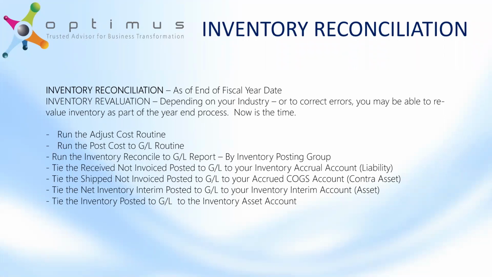First of all, run the adjust cost routine, all right? This is going to help us to update the transactions such as purchases and sales orders that have actually moved our inventory into the warehouse or out of the warehouse, right? So the cost of possibly thousands of transactions needs to be updated because the value has changed. Remember that for the majority of us, we are purchasing and the actual cost is variable. So we need to run this routine in order to have the cascade process where we would